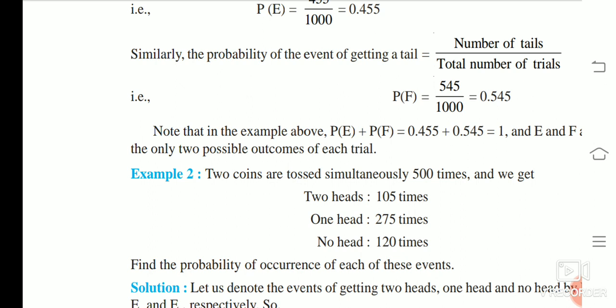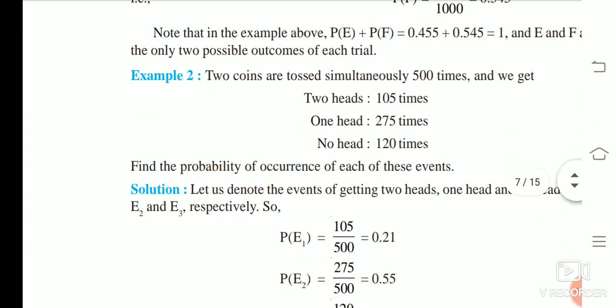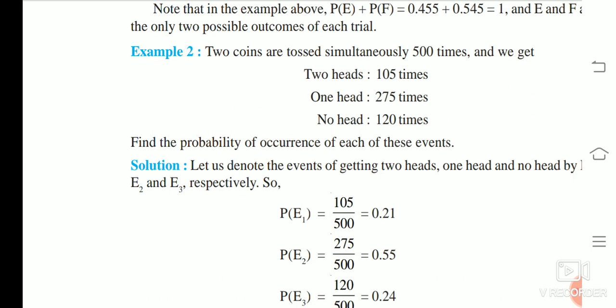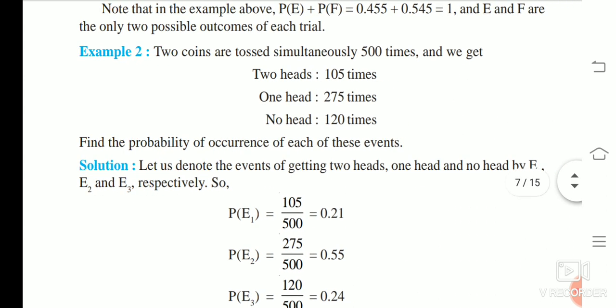No head, in both coins you are getting two tails, it's your third answer, that is 120 times. Now you are going to write this thing in probability form. Let us denote the event of getting two heads, one head and no head by E1, E2 and E3. Okay, so for the probability of E1 equal to